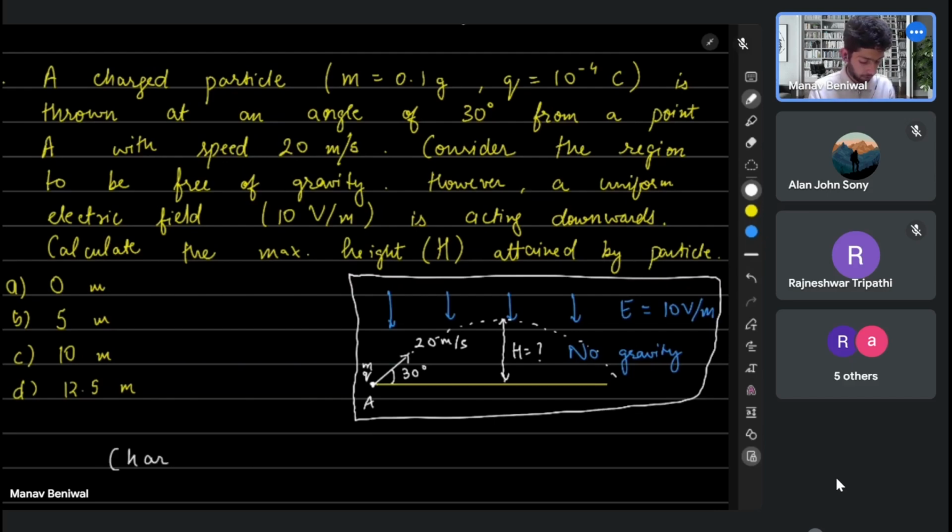Now note that the charge Q is 10 to the power minus 4 coulomb. So this is a positive charge. And because the charge is positive, it will accelerate in the direction of the electric field, because the force,